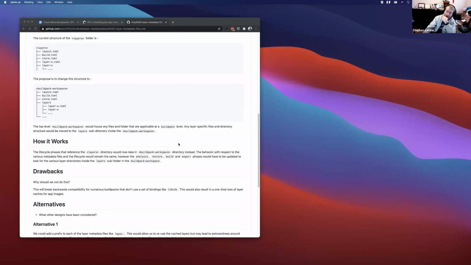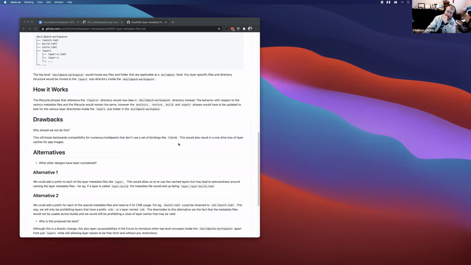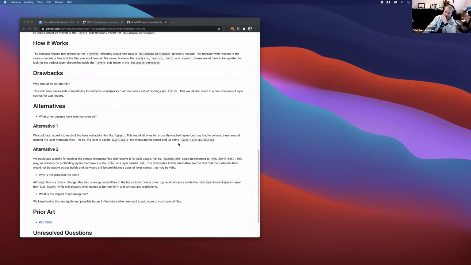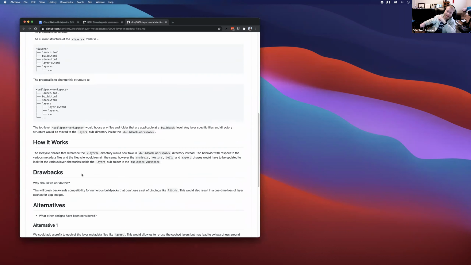And then we can keep passing the arguments until time immortal, so it wouldn't actually be breaking, and then remove them at some future date. We talked about that a couple times in the past. It seems like no matter what we do here, we're kind of running into that same